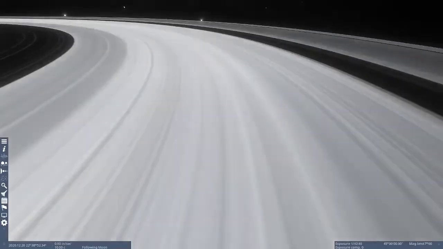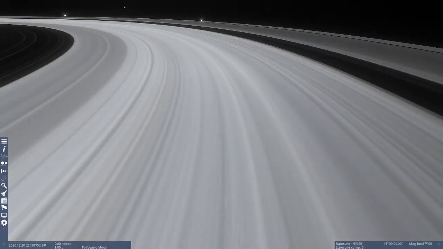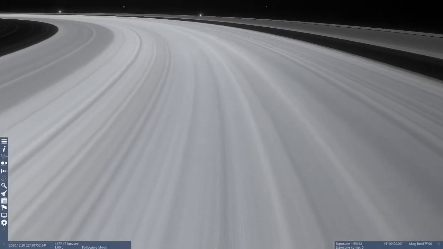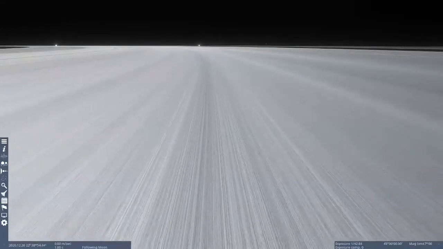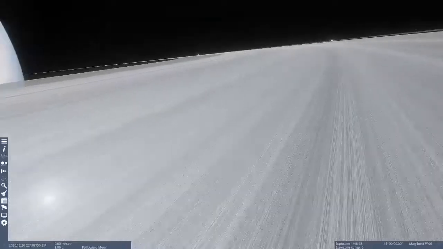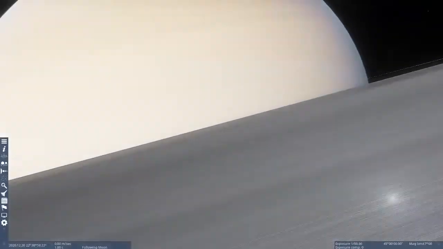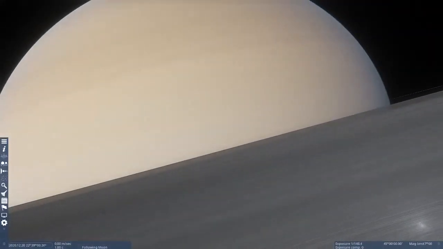Oh, I just went through them. Sorry about that. Too fast. And they're not moving because I stopped the clock when we were looking at Jupiter and Saturn from the surface of the Earth. So now I started the clock, and now they're moving in a funny direction because Saturn is moving in its orbit. But what I can do is click on Saturn and then hit that button, and that locks us into Saturn's coordinate system.